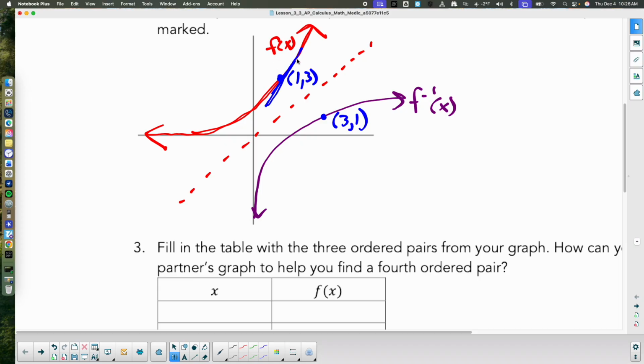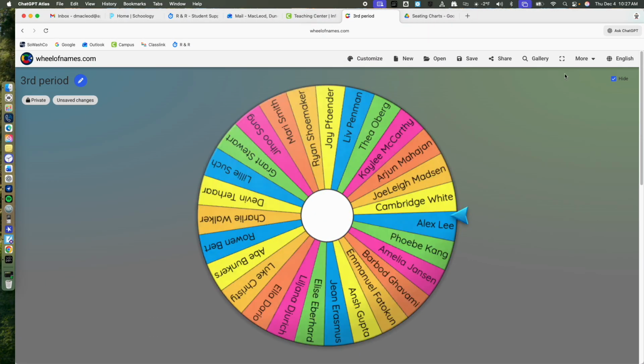Okay, so let's pretend this is the tangent line, and the slope on f of x at the point (1, 3) is some number in between 1 and 2. Let's make it 7/5. Sounds good. Okay, slope is 7/5. Over at the point (3, 1), I would be able to figure out the slope on the inverse because I know the slope on the original. And that is going to be